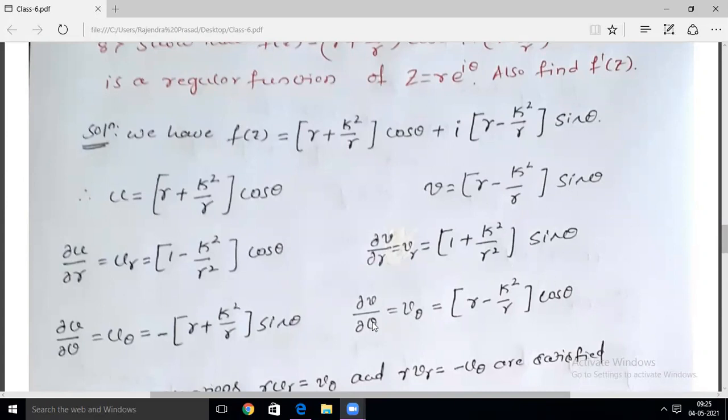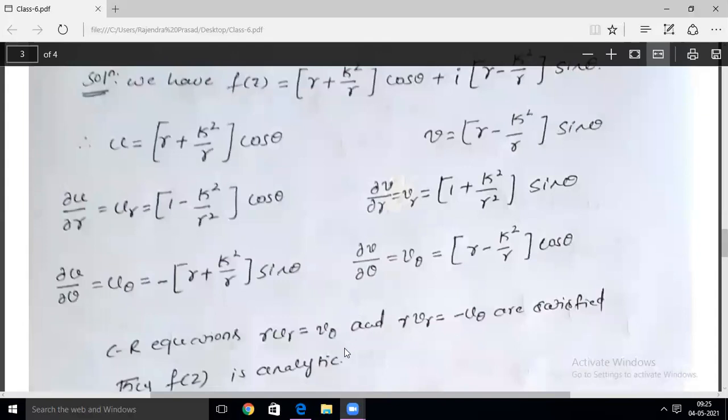Next, the v function with respect to theta partially, r treated as a constant. So r minus k square by r is kept as it is. The derivative of sin theta is cos theta. Now we have to verify the CR equations. The CR equations in polar form are: